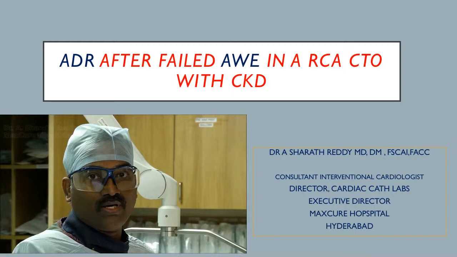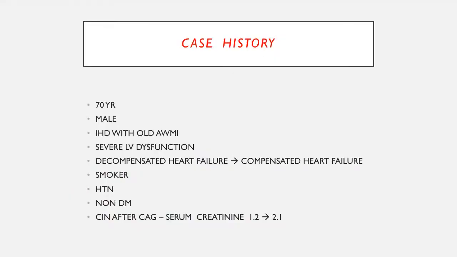In this session, I'll discuss a case which we have done with antegrade dissection and re-entry after failed antegrade wire escalation in an RCA CTO with chronic kidney disease. Coming to the history of the case, this guy is a 70-year-old male with ischemic heart disease, old anterior MI,